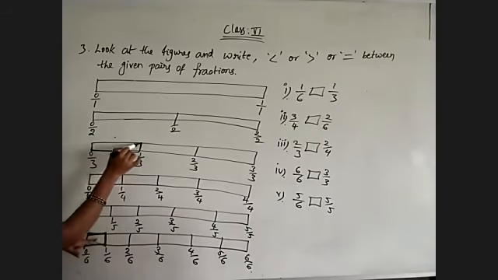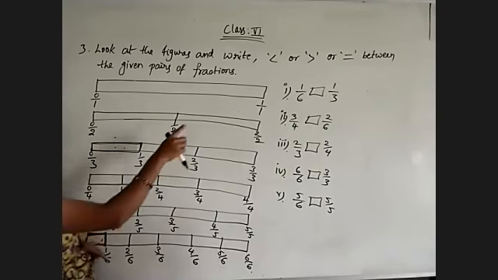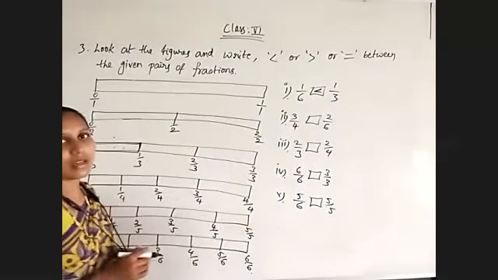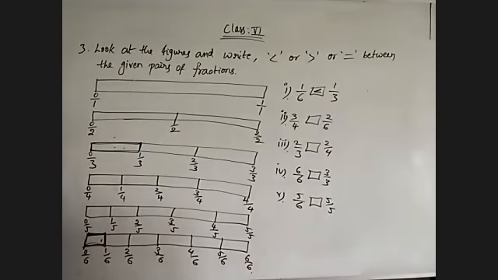This much we are getting. So compare these two. Which one is greater? 1 by 3 is greater than 1 by 6. Means 1 by 6 is lesser than 1 by 3 from the figure. Okay, don't confuse. Observe the given fractions in the question, 1 by 6 and 1 by 3. So 1 by 6 is a smaller part than 1 by 3. That's why lesser than.